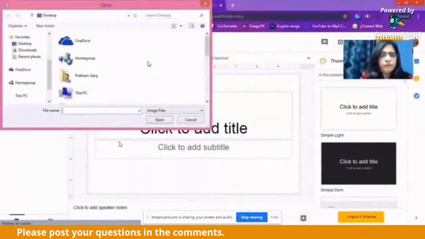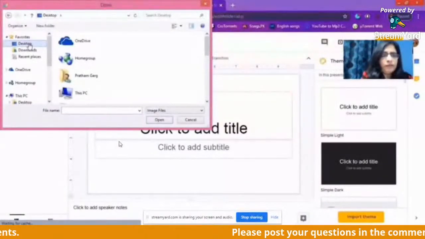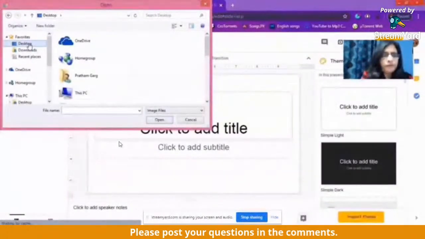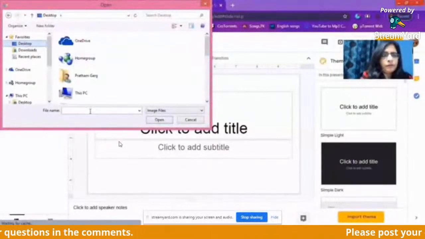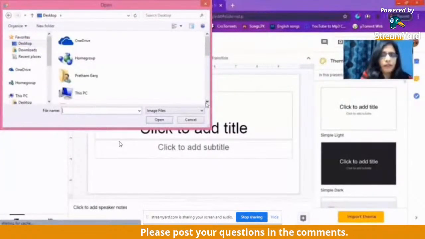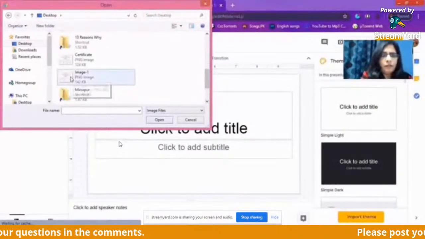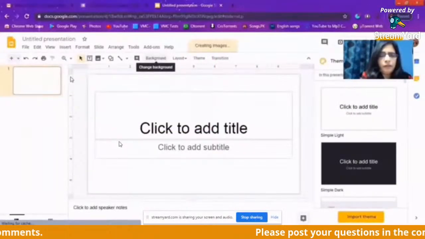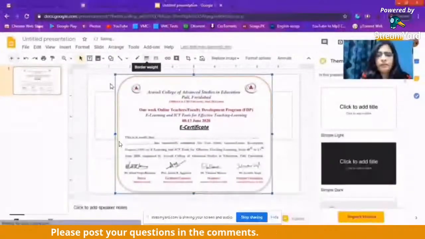Now, because you have saved on the desktop, I will search. So here I can search where is the image. Like this is the image. So I'm going to do it here. So now it will take few time. Now the image which I had